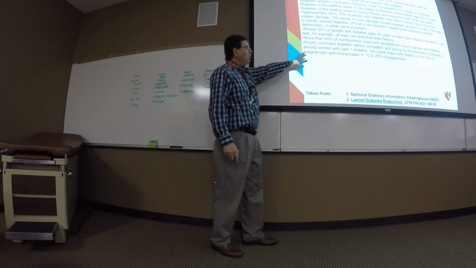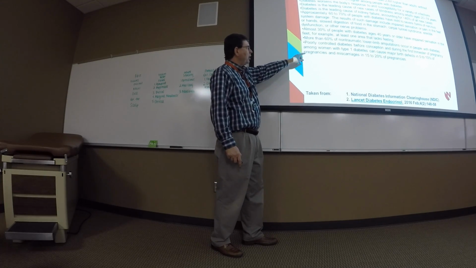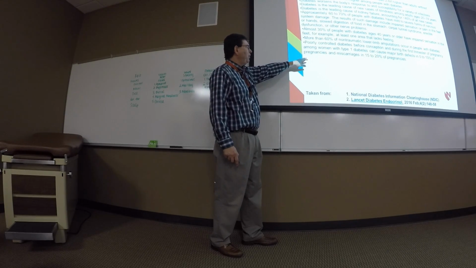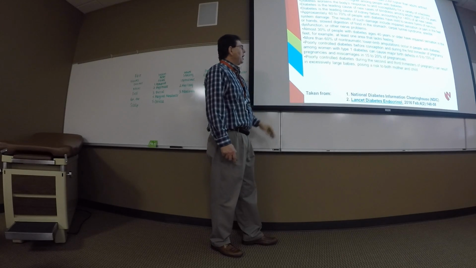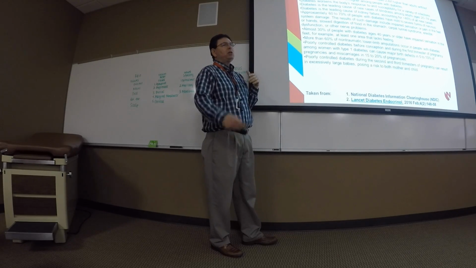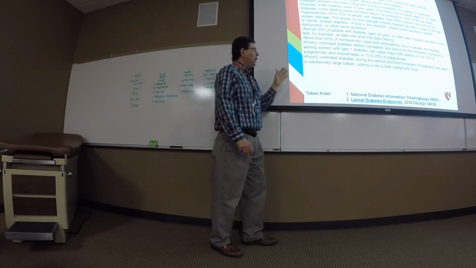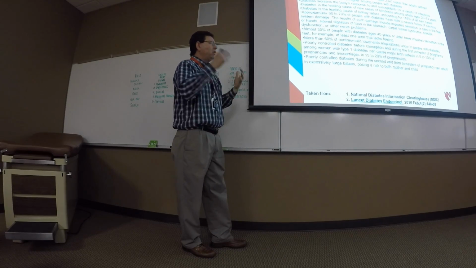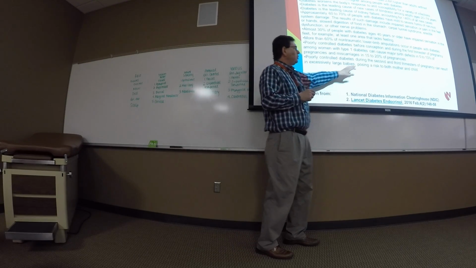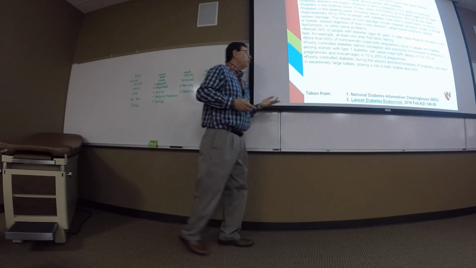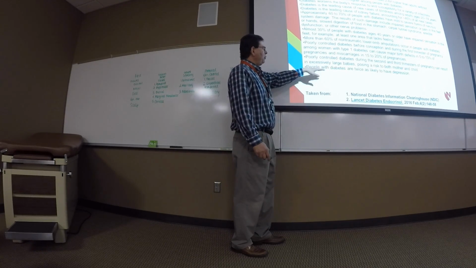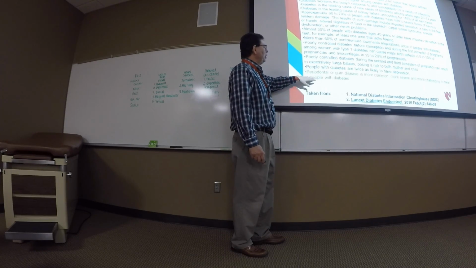Now, poorly controlled diabetes before conception and during the first trimester in women with type 1 diabetes is a contributor to birth defects and miscarriages. And in poorly controlled diabetics, whether it's type 1 or type 2, in the second and third trimesters, there's a very increased risk for having a very large baby that is a risk to both the child and the mother. So diabetes is bad stuff, man. And people with diabetes are twice as likely to have depression. Well, you read this list and you become depressed.